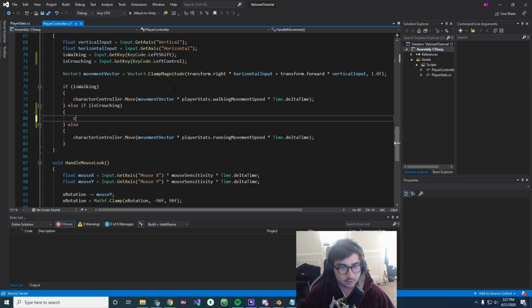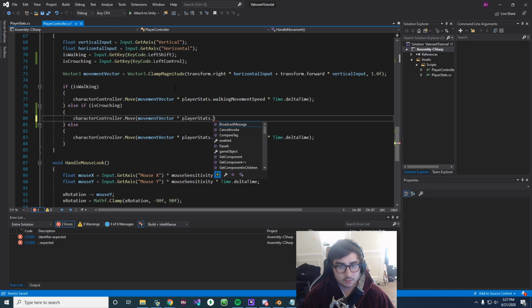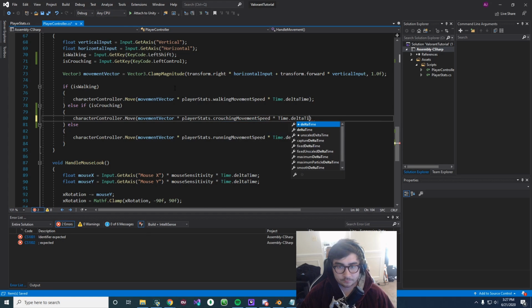And let's just say characterController.Move(movementVector times playerStats.crouchingMovementSpeed, which is something that we'll make, times Time.deltaTime.